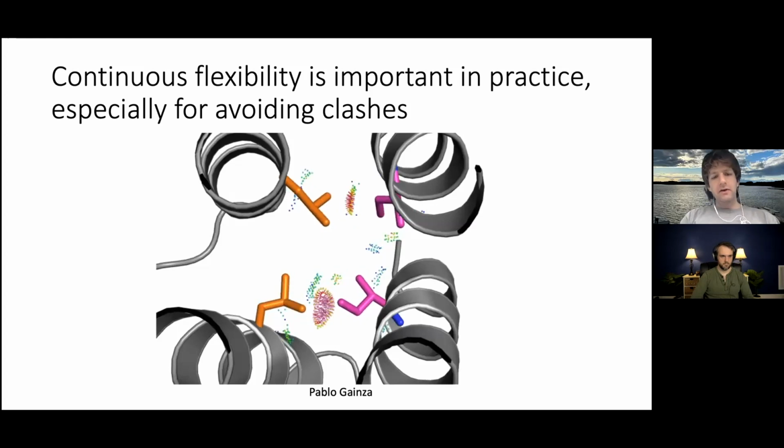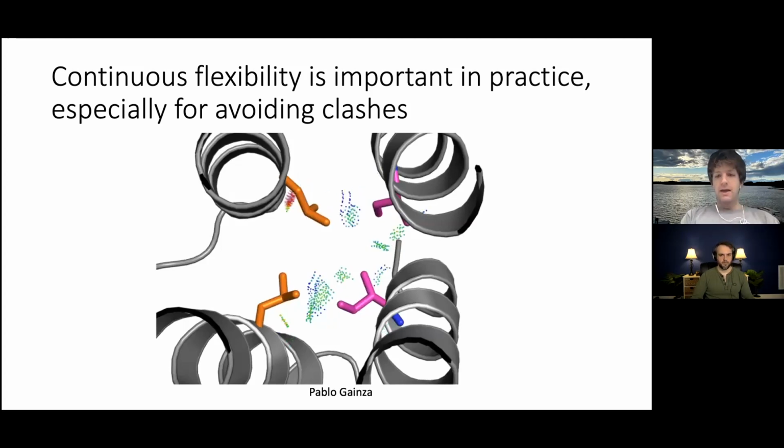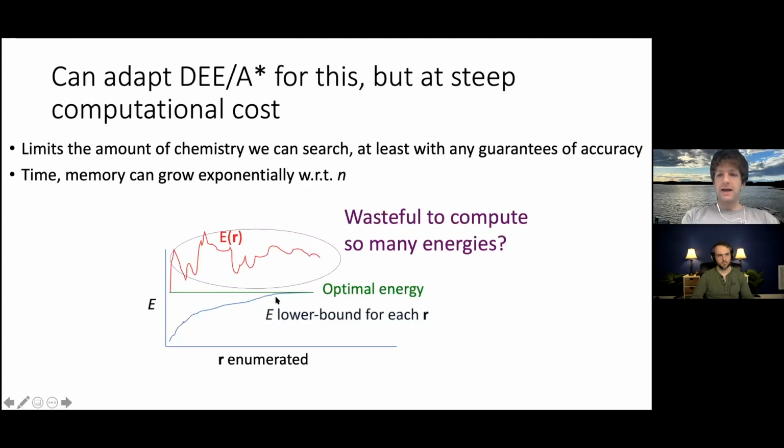The basic idea here is that you would have a lower bound on the energy for each R that is pairwise decomposable, and then you would enumerate in order of that. So like I said, you can get a gap-free list. This generates a huge amount of conformations, a bunch of these vectors R that you've got to do the minimized energy for. And that can grow exponentially with respect to n, both the number of minimizations and the memory cost within the tree due to the nature of the algorithm. Unfortunately, this does limit the amount of chemistry we can search. Often we keep n rather small.